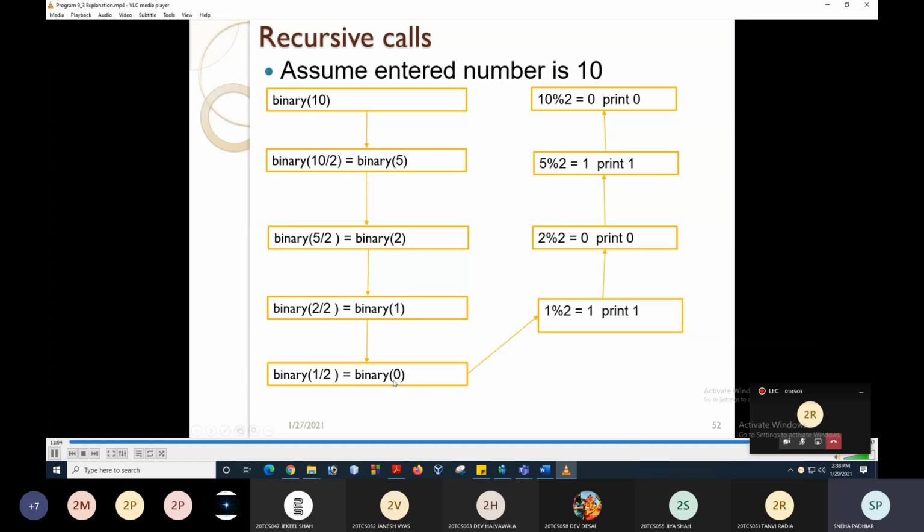So here binary of 0 जब कॉल हुआ, right, तो उसने क्या कर दिया? Return कर दिया, मतलब just return कर दिया। फिर वो return होने के बाद कहाँ जाएगा? Binary of 1 में जाएगा। अब binary of 1 में printf percentage d num modulo 2 print करना बाकी था for binary of 1. तो वो क्या करेगा? 1 modulo 2 is equal to 1, so it will print the value 1. फिर वो कहाँ पर जाएगा? Next function call में जाएगा, binary of 2 में जाएगा। अब binary of 2 में भी printf percentage d num modulo 2 print करना बाकी था. So 2 modulo 2 is 0, so 0 will be printed.